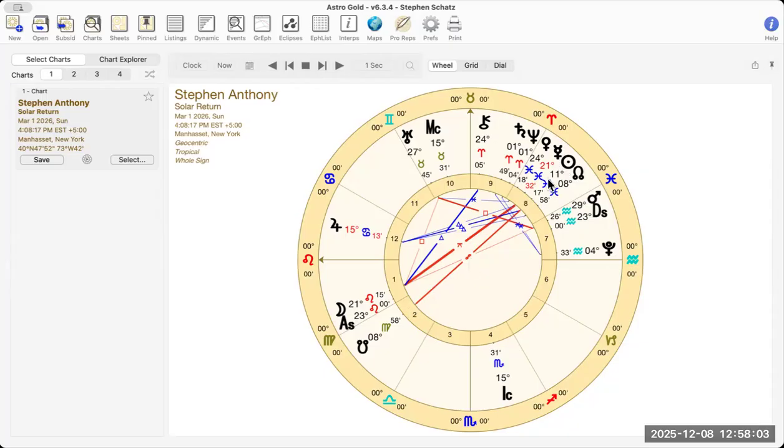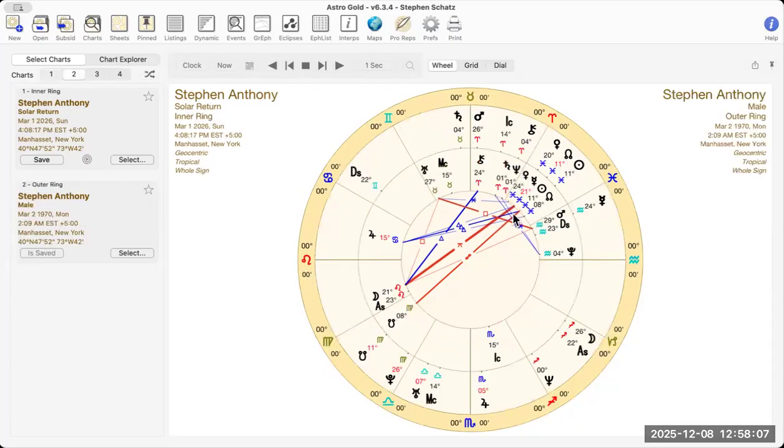But hey, I was born with the south node opposite my sun, because the north node conjuncts my natal sun in my natal chart. So